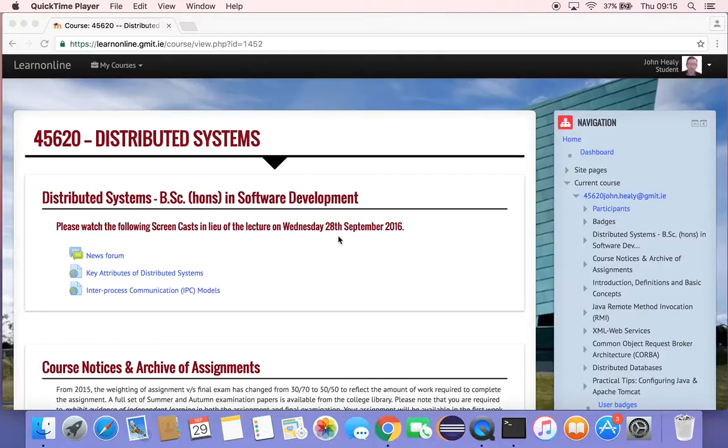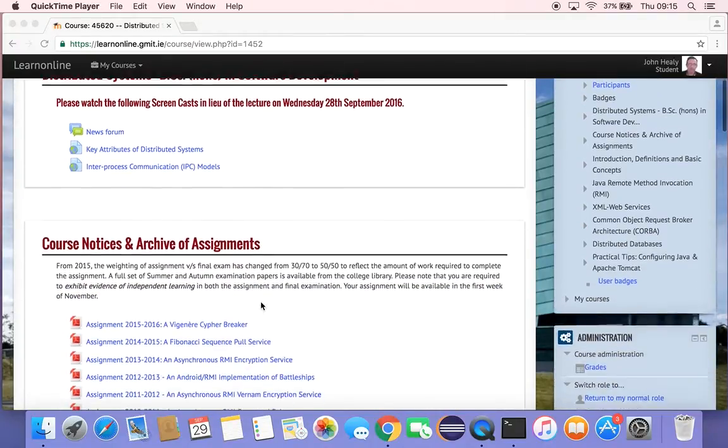Today we're going to have a look at data binding with JAXB and JAX-RS as an example of data externalization. So you should be on the Moodle course page. The CRN is 45620, Distributed Systems. At this stage you should already have looked at the screencasts on key attributes of distributed systems and interprocess communication models. Now if you scroll down,